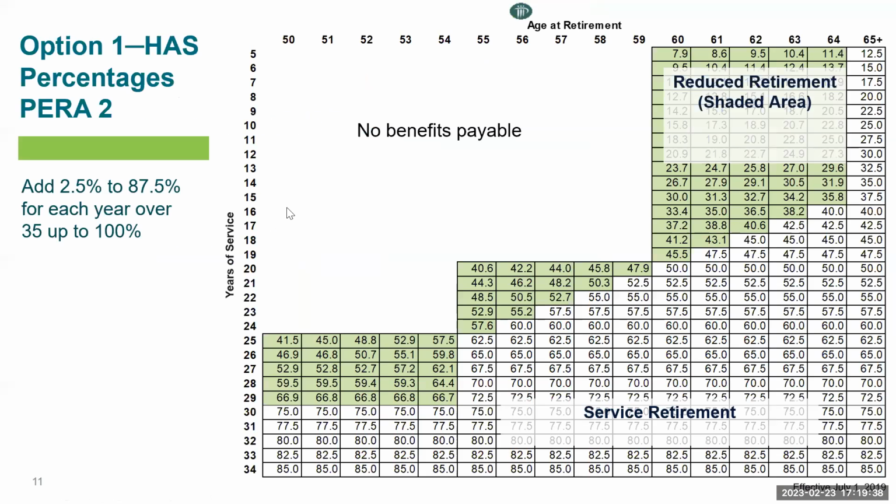Now, let's say that you leave your employer early before you're retirement eligible. Maybe, for example, on this table, you leave your employer, you find another job at 50, and you only have 15 years of retirement. Well, obviously you're not retirement eligible yet, right? But since you already have 5 years in PERA, in this case that you fall into this no benefits payable area, you could wait until you just age into the table. So for this person, the first age, and really for everybody, is age 60. Okay, so in that case, you'd have to wait.